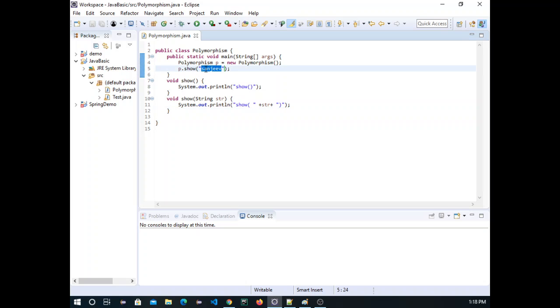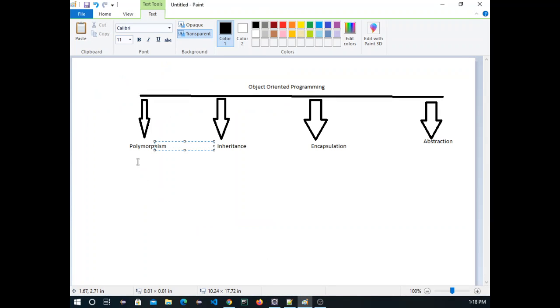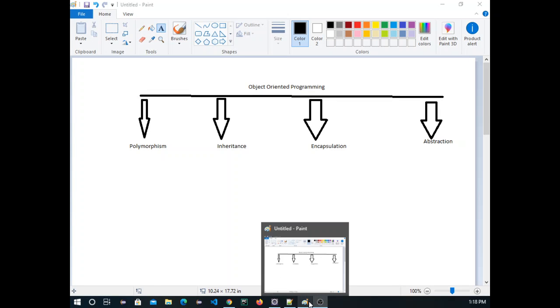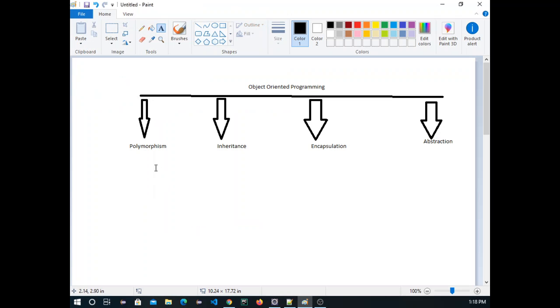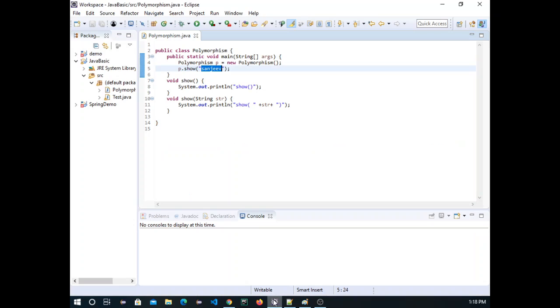So this concept is called polymorphism. I think you are aware of the basic definition. Polymorphism is also defined in two ways. So if you go here, if I'm passing the parameter or if I'm not passing the parameter, once this file is compiled,